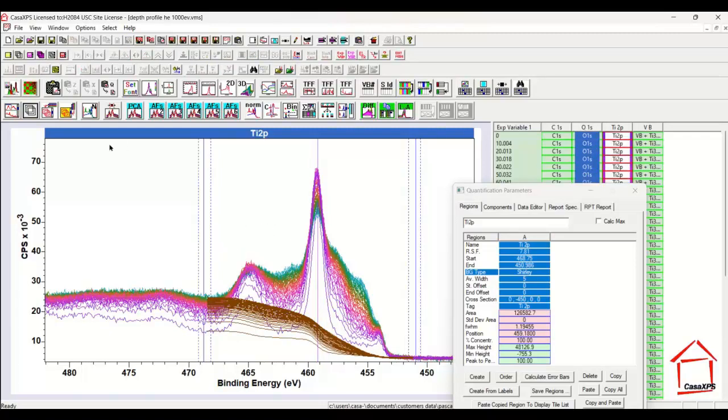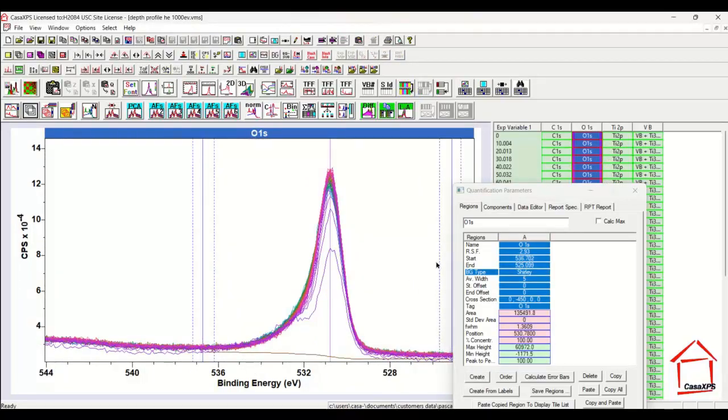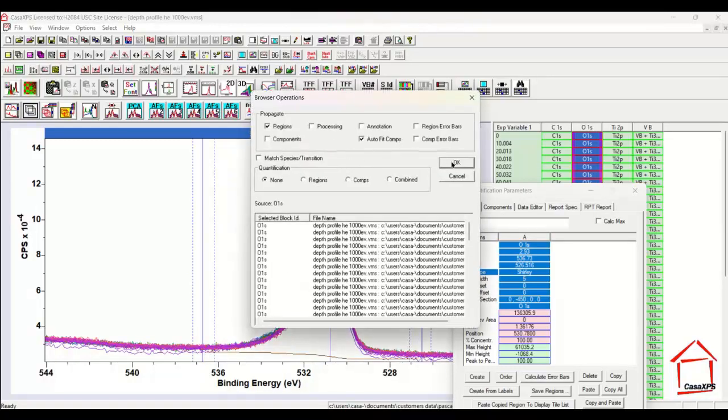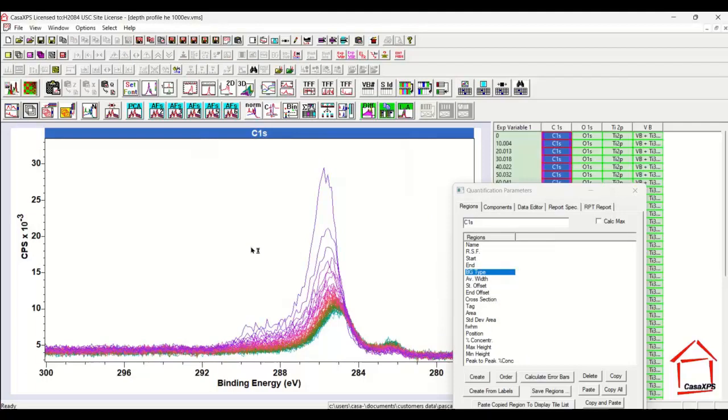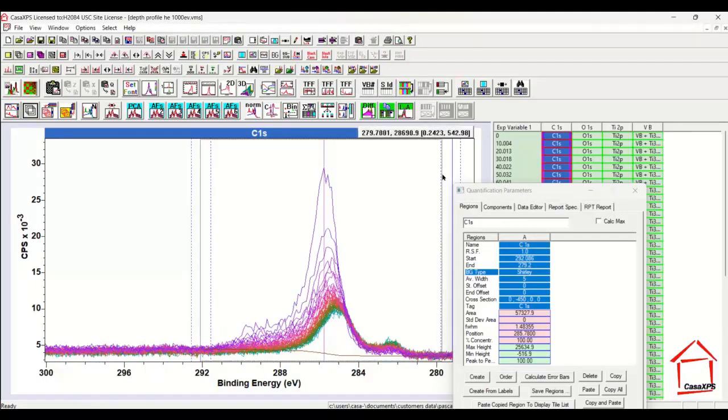So let's do the same for the oxygen. I create, make an adjustment to the limits. I've overlaid all of these oxygen data so I can see at the same time as creating a region, I can see how it would relate to these other oxygen peaks, and then again propagate. There's the carbon, and once again I want to take in, including this bump here, and the original adventitious carbon before the helium had some influence, and including the shapes that are created following the influence of the helium. So this now provides me with